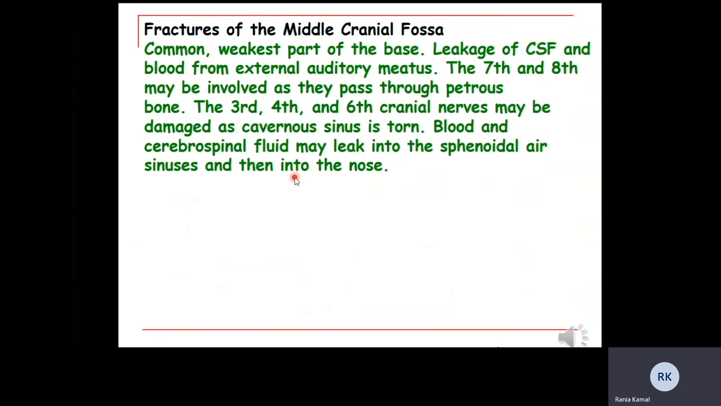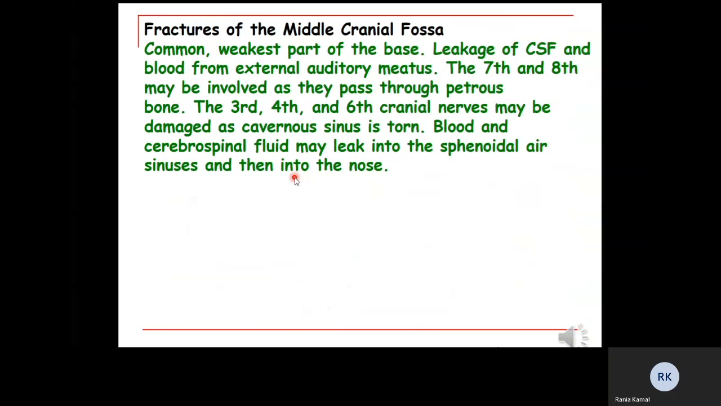Maybe the blood will enter the frontal air sinus and escape through its opening into the nose. In the middle cranial fossa, there are multiple foramina. It is the commonest site, and this is the weakest part of the base of the skull. Usually fractures occur at this site. There may be leakage of the CSF or blood through the external auditory meatus. The 7th and 8th cranial nerves might be affected. The nerves moving the extraocular muscles, the 4th, 3rd, and 6th, also might be affected. Blood and cerebrospinal fluid might leak into the sphenoidal air sinus,